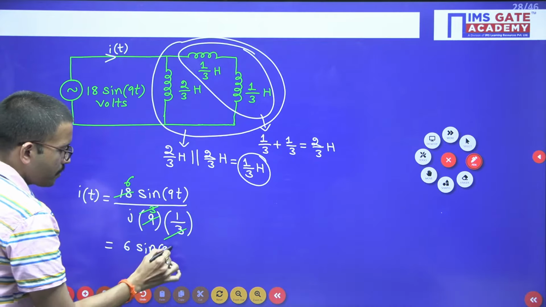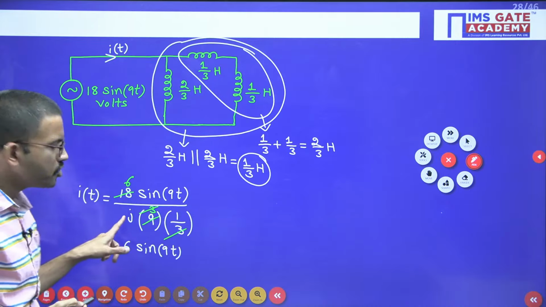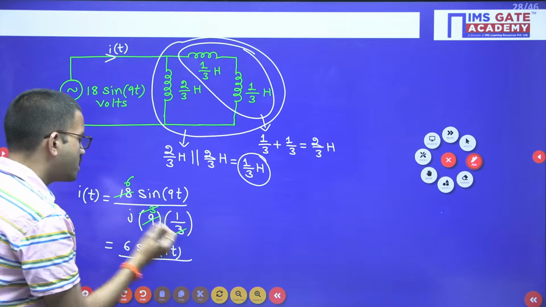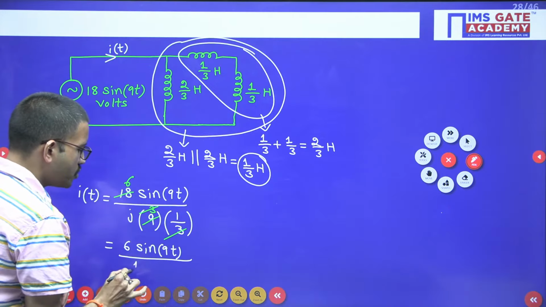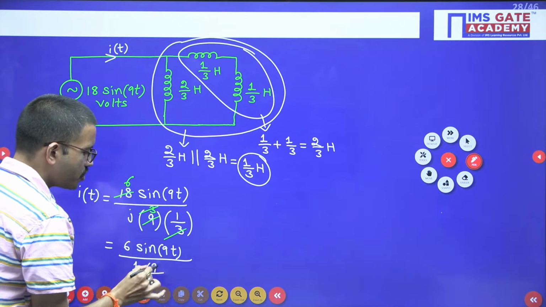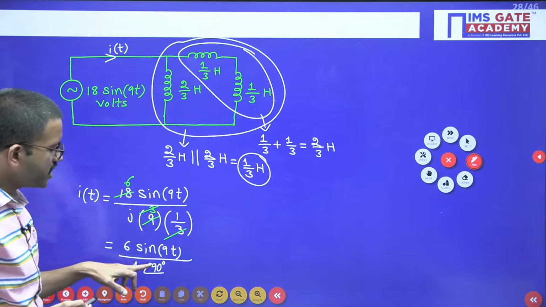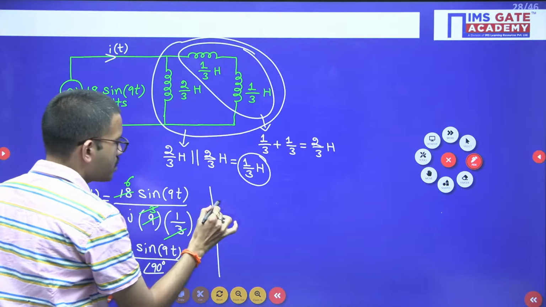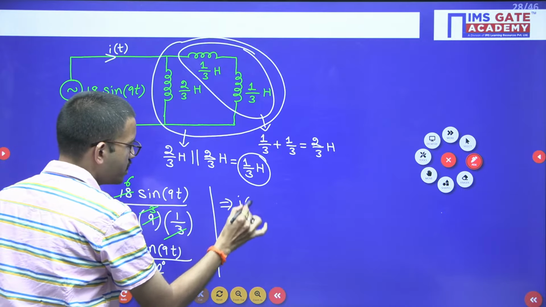6 sine 90. Then here in the denominator you are having j. If you want to represent magnitude and phase, magnitude wise you are having 1, and phase angle wise you are getting 90 degrees. So just bring this phase angle to the numerator, it will become negative. So from here you are going to get i(t) equal to